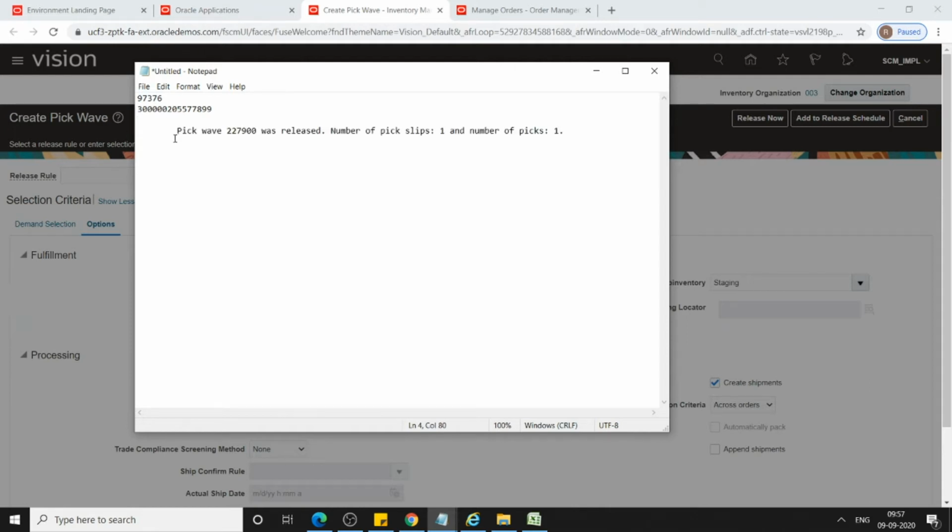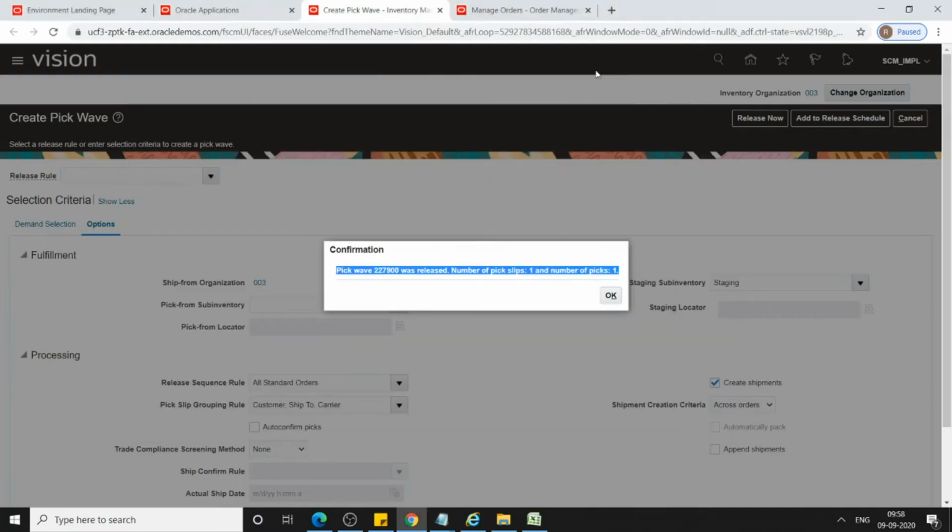In Oracle EBS, when you do the pick release, a pick release shipping exception report gets submitted in the background. When pick release has not happened, we go to the shipping exception report, see what the exception is, and print the pick slip report. You can hand that over to the warehouse laborer to do the picking activities. Here also, as soon as we click on release now, a set of programs get submitted in the background.